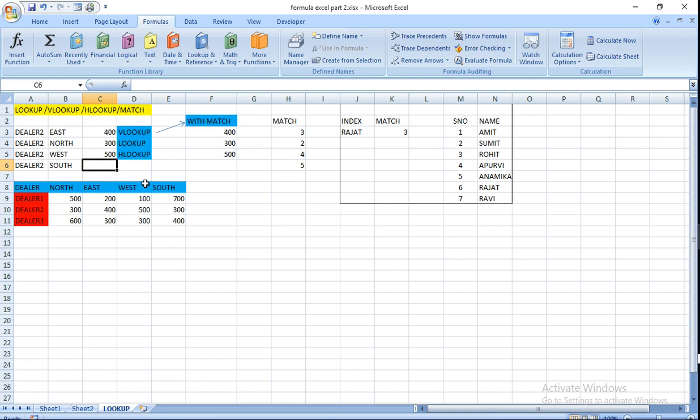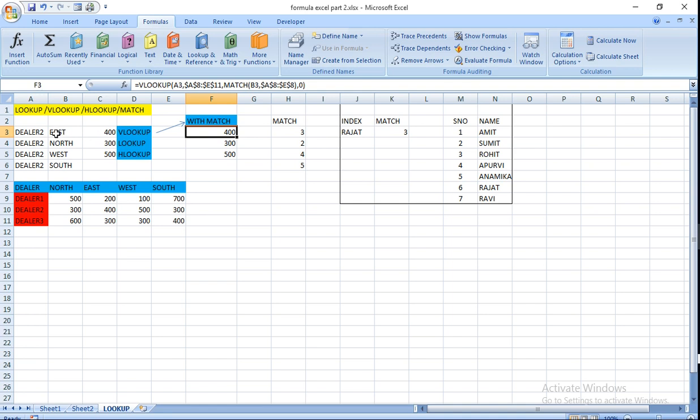Then make it easy by using the MATCH command. Suppose once you write VLOOKUP, here in the position of the 3 column you can write MATCH B3.